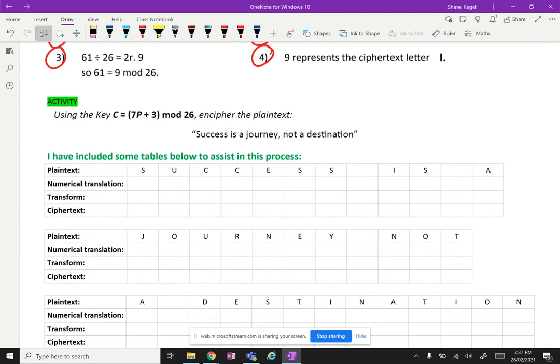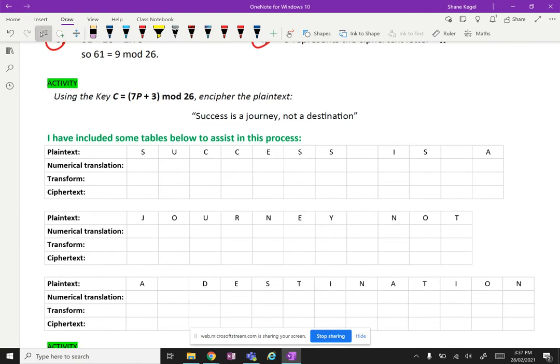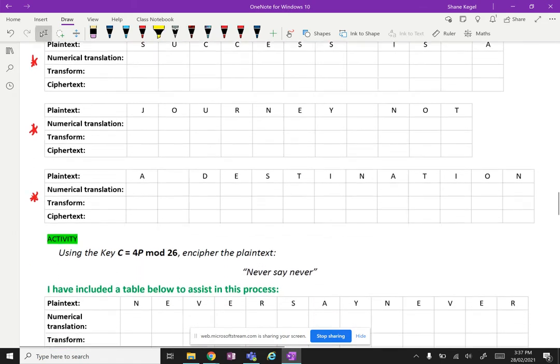And then you are asked, in this activity, you're going to encipher the text, which is "success is a journey, not a destination." Okay, so here I've included a few tables, and as you can see, I've got the letters for "success is a journey, not a destination" coming down. Okay, so you're going to use the same process as before, except this time we're using algebra, or we're using this equation here to encrypt our messages. Okay, once you've done that,